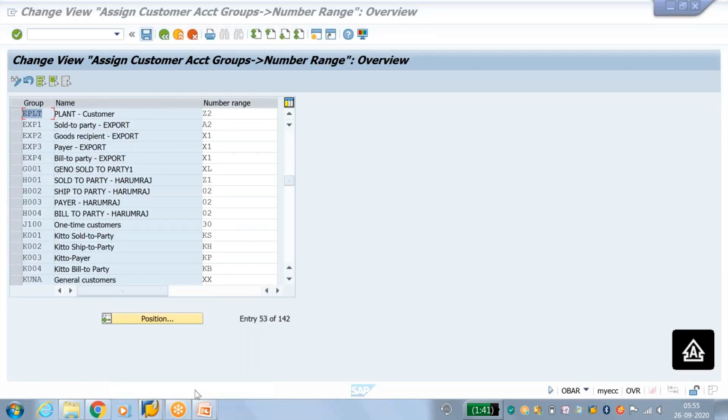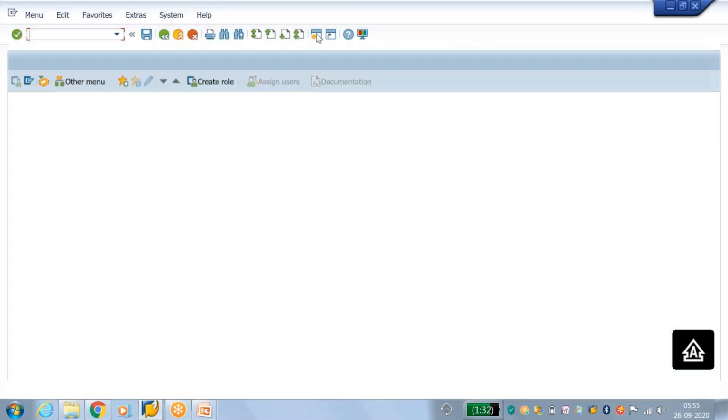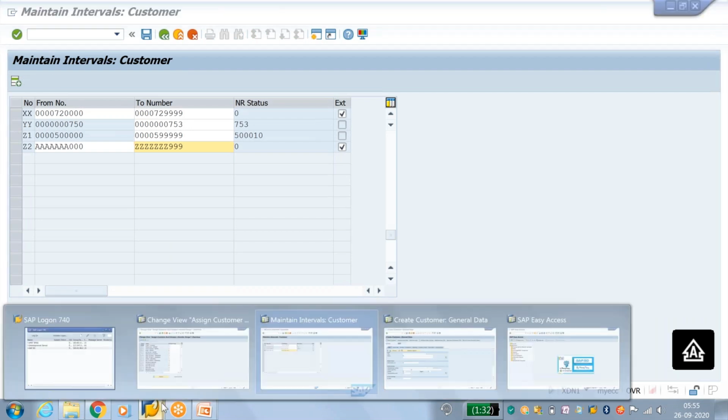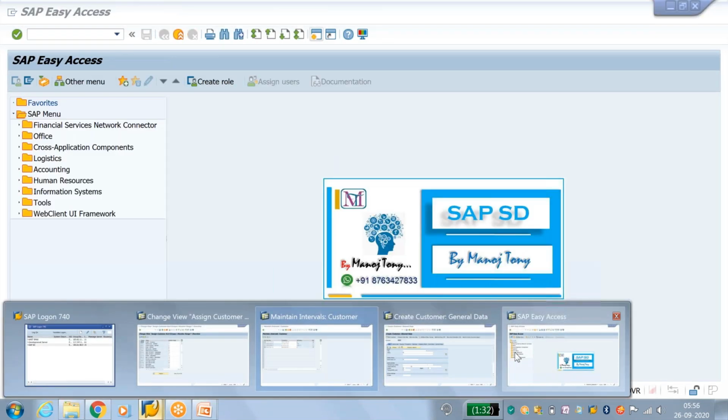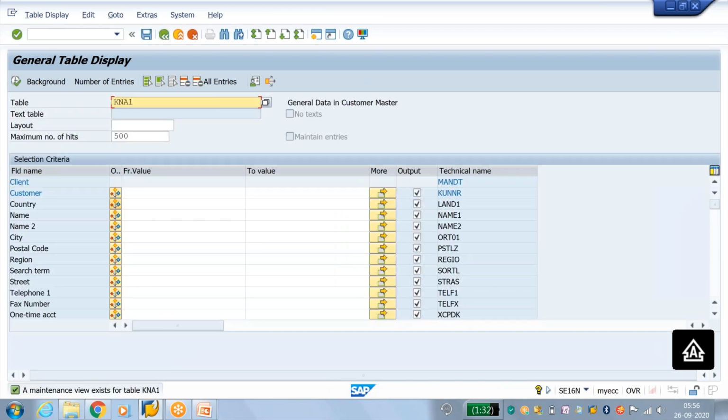Then next thing I would like to tell you, whenever you are going to assign any interval, suppose an interval existed and now you want to assign a new interval. So guys, from here please don't delete this. This is not recommended. Before assigning any interval for customer master, go to table SE16. Suppose now I want to assign from 4000 to 4999.